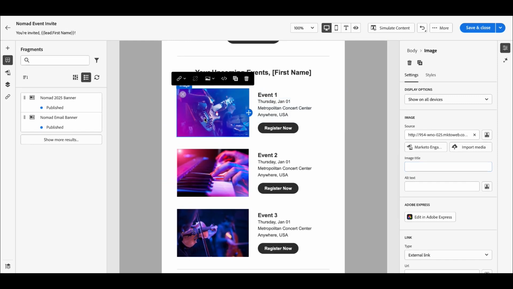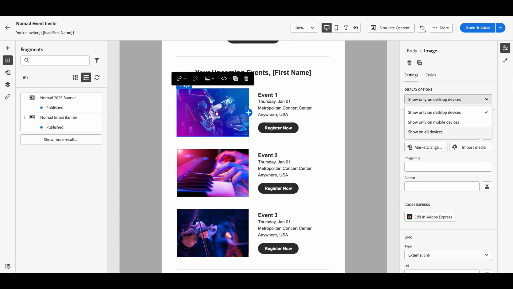I love these components because they're already built to work. So they're built to work across multiple devices. They render really well. In our testing so far, they just look very sleek on mobile and desktop, which is great. We can say whether or not we want certain elements of the email to be visible on all devices,